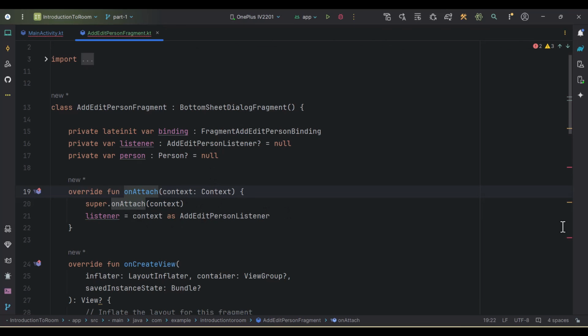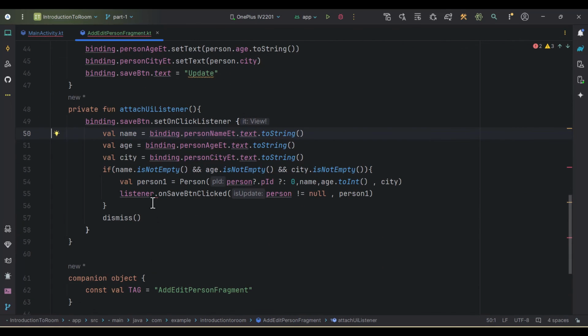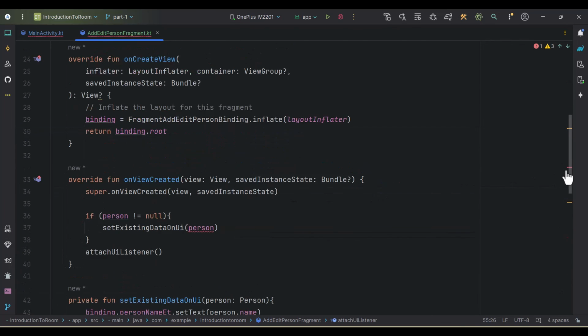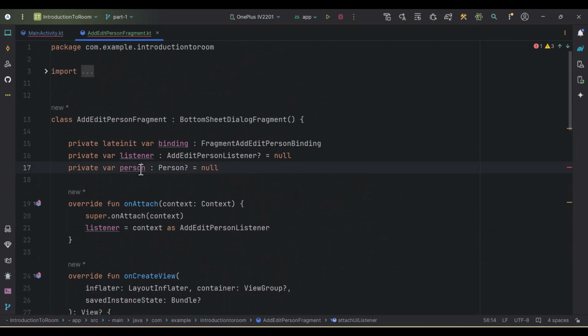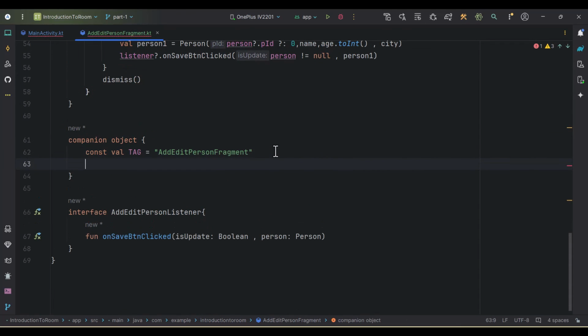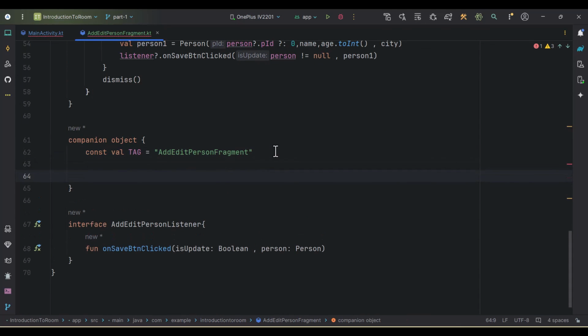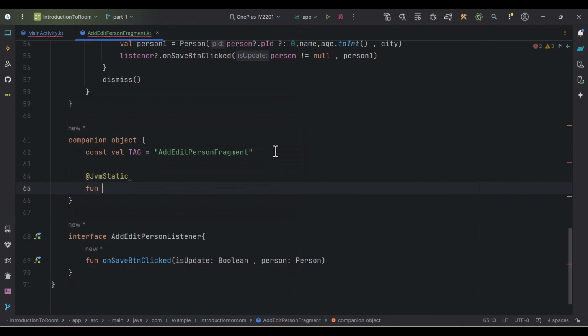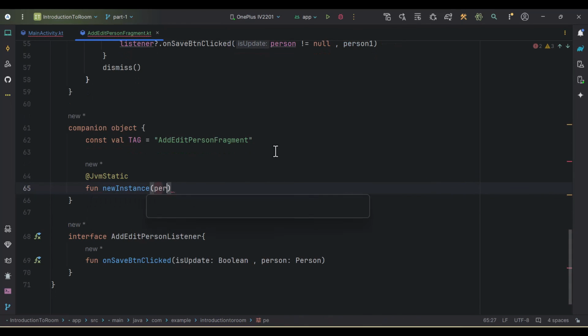So yeah, let's just fix this issue. So for the listener, we need to add the question mark here, and this will be happy. And then for the person, in order to receive this person from the MainActivity, we'll go to our companion object, and if you remember there was one code which I removed, so we'll just rewrite that code. First we need to annotate with JvmStatic, and this function will be newInstance, and here I'll pass that person value. So person, this will be nullable,